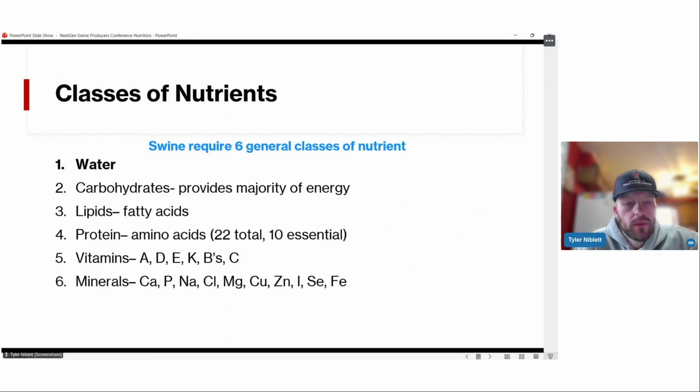And so then you have lipids, which constitutes fatty acids. Those can be added into the diets through either dry fat or soybean oil. Your protein itself, amino acids are the building blocks of proteins. And so pigs themselves require varying levels of amino acids, not necessarily crude protein. And so of the amino acids,